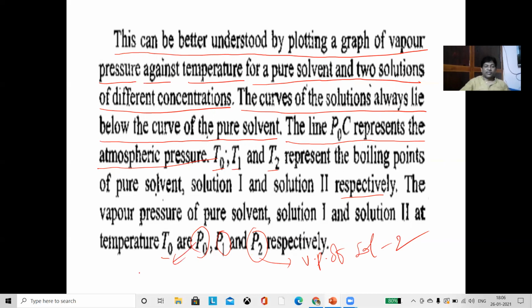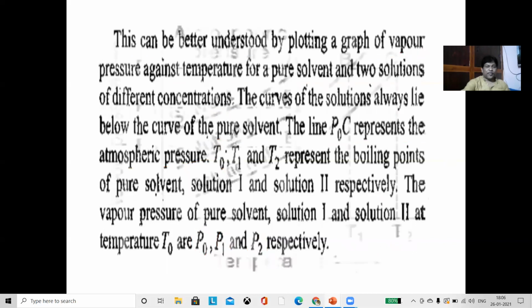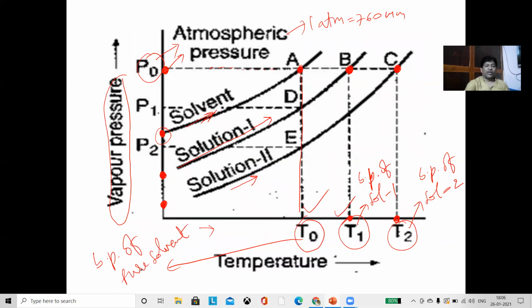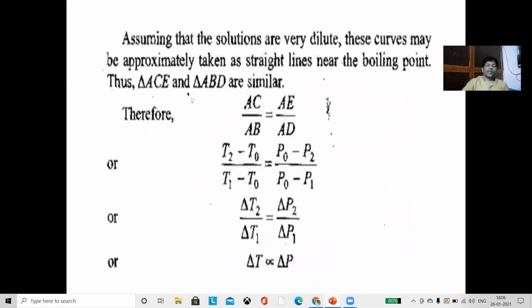P naught is the vapor pressure of pure solvent, P1 is the vapor pressure of solution 1, and P2 is the vapor pressure of solution 2. So it is a plot of vapor pressure against temperature. Now, assuming that the solutions are very dilute,